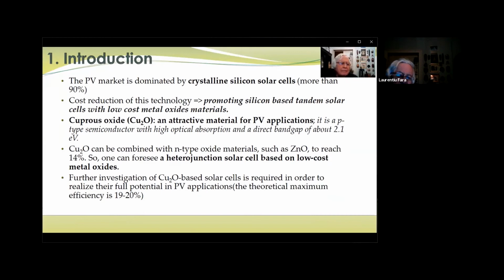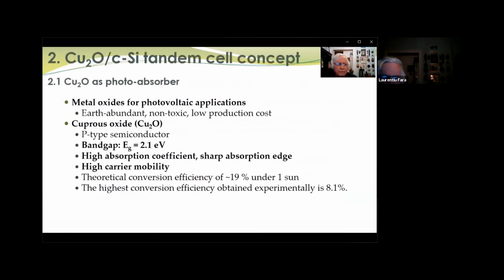We obtain, in this case, an efficiency of 14% for the top subcell, but the theoretical efficiency is higher, about 20%. And it is possible to consider further investigation in order to increase the efficiency. And an important point is regarding the tandem